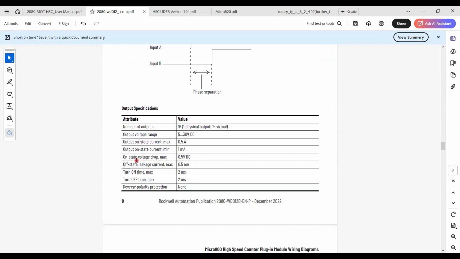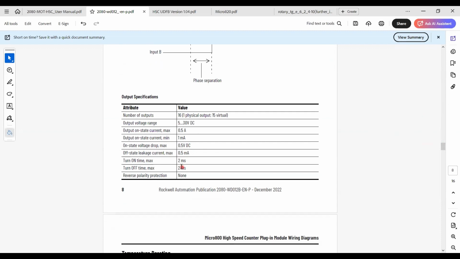And on-state voltage drop: since this output is driven from MOSFETs or transistors, they have a voltage drop across these devices that is typically 0.5 volt. There are some leakage currents due to circuit parasitics, as low as 0.5 milliampere. And you have a turn on time of maximum 2 milliseconds, which means even though you energize the channel, it takes 2 milliseconds to respond to your signal. And if you turn off the channel using your command, it takes a 2 millisecond turn off delay